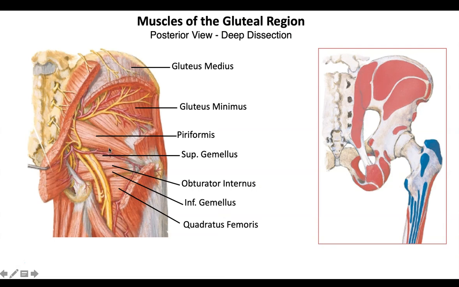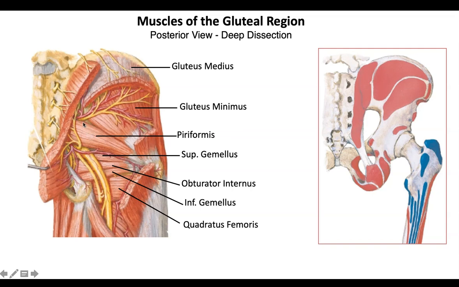And then distally, the piriformis muscle enters into the gluteal region through the greater sciatic foramen, and then distally it is attached to the superior border of the greater trochanter of the femur. Piriformis is a small triangular or pear-shaped muscle in the gluteal region, and it has a key position in the